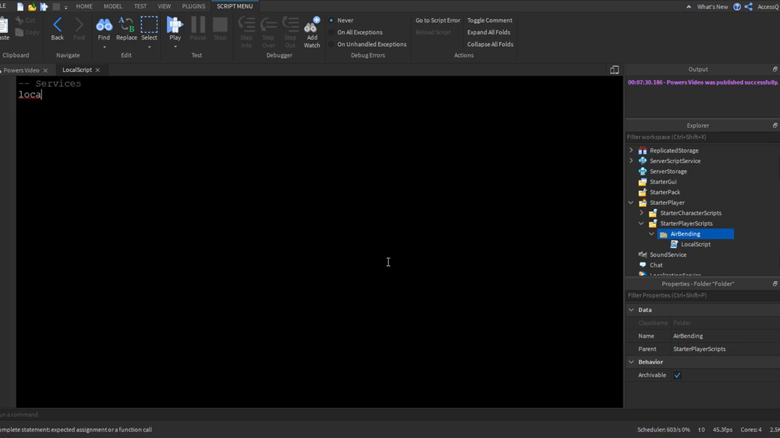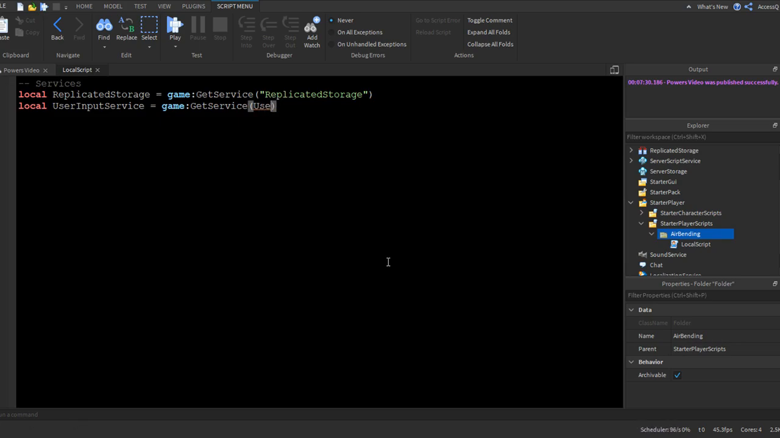So we want to do local replicated storage equals game get service replicated storage, and then we want to do local user input service equals game get service user input service. So user input service. So now we can also do some variables,